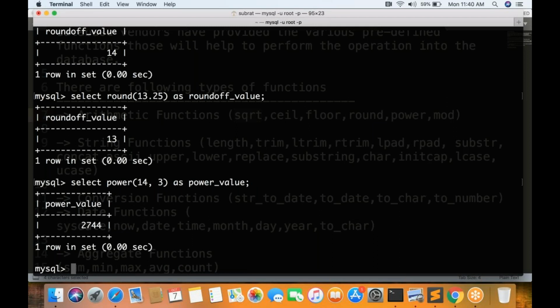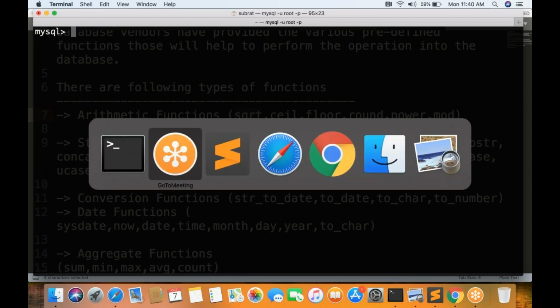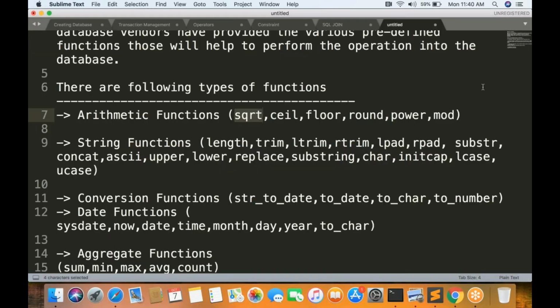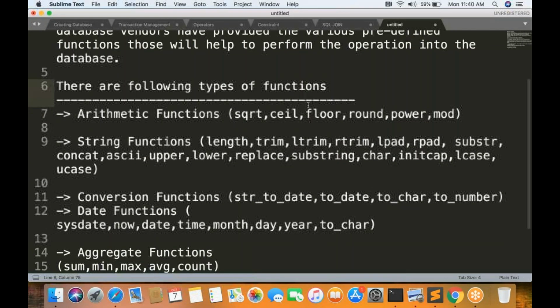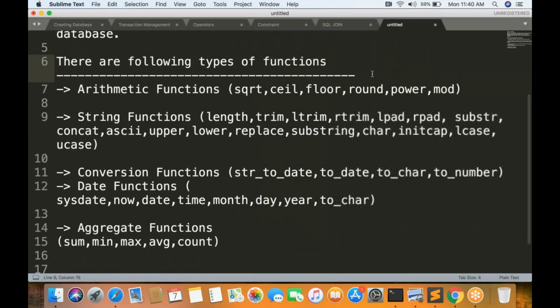So 14 to the power 3 is 2744. So this is the use of the power function. I think I have covered all the arithmetic functions: square root, seal, floor, round,